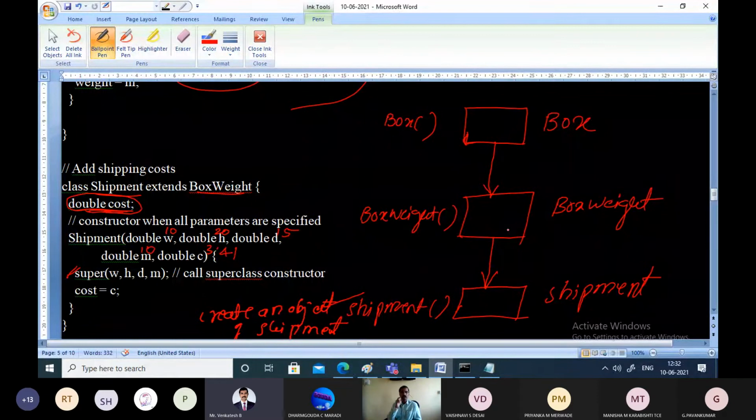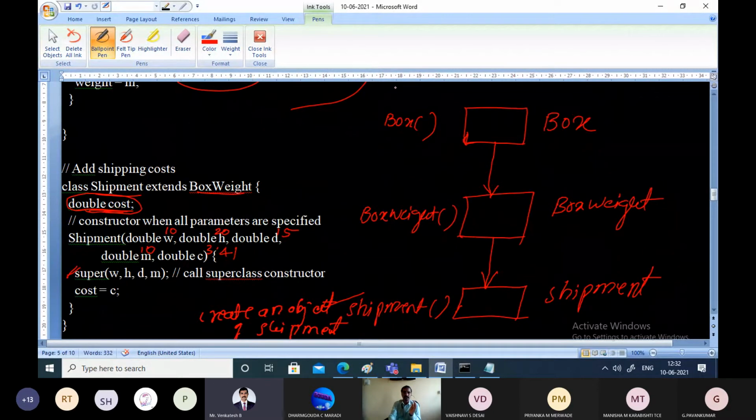That means if you want to construct shipment, first you should construct box weight. If you want to construct box weight, first you should construct box. That means in the inheritance hierarchy, at whatever level you reach, first the top level object must be ready.